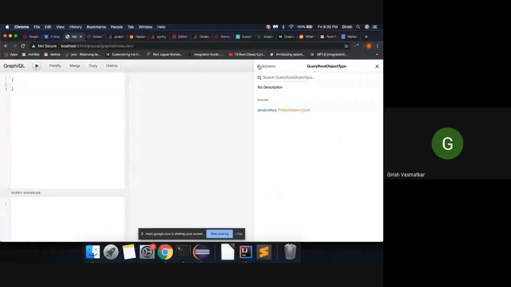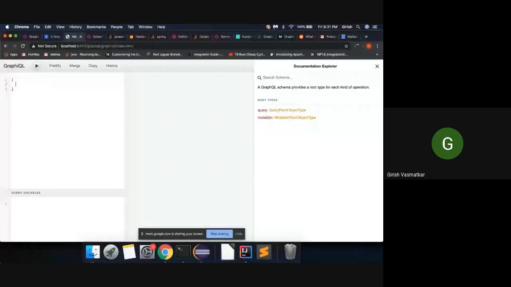Here you can see the schema, and then whatever fields, whatever queries, or whatever mutations are available, as you start typing over here, it is going to show you all the available values. So if you start with product API, if you start typing C, then it is going to show that categories is available. And then within the categories, you can specify